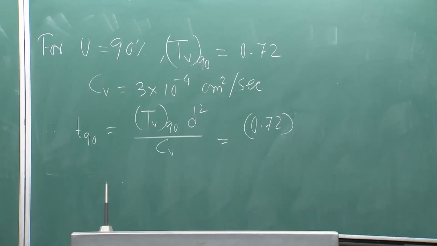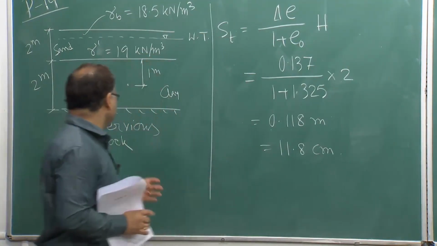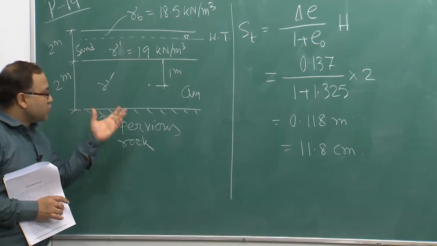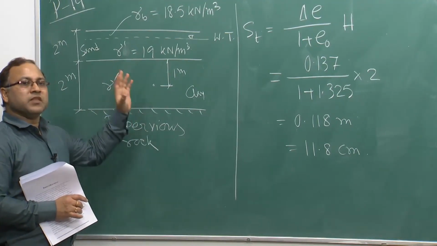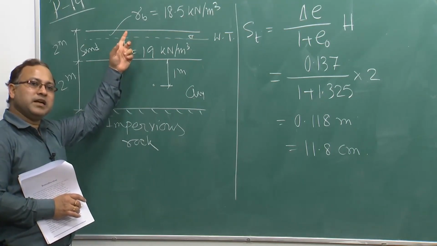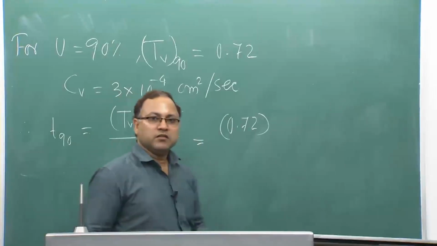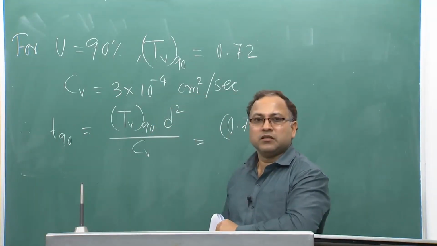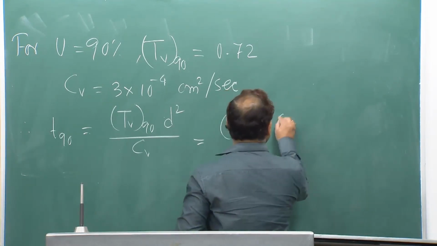This is a single drainage system. Please try to understand, drainage of water is not allowed through the bottom face. Water drains out only through the top face because the top layer is a sand layer. So, D will be the total thickness of the clay deposit, that is 2 meter, or 200 centimeters,